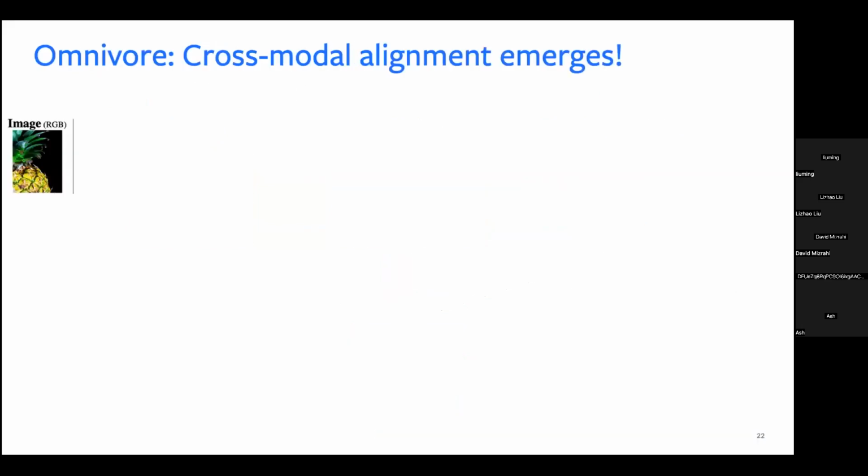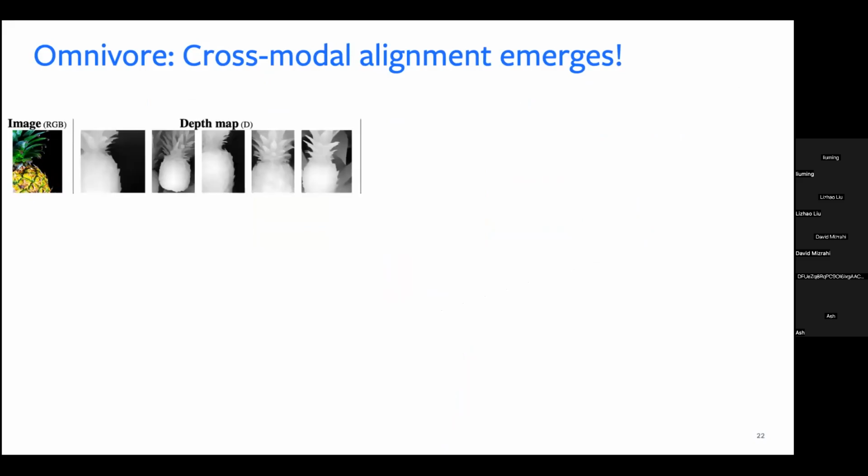In general, cross-modal alignment seems to just naturally fall out of this model without actually training it for this. So what I'll now show you is, in the Omnivore embedding space, if we try to do something like nearest neighbor, what does the model think are related concepts in this feature space? So we have an image, the RGB version of it, and then we look at its nearest neighbors by feeding depth maps through the Omnivore model. And we find that it is actually looking at the same exact concept when it's trying to do nearest neighbor